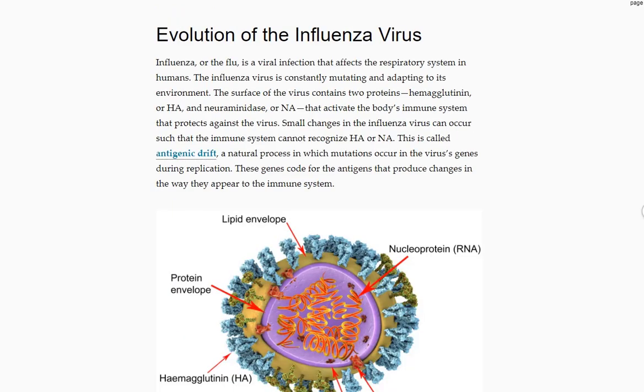Okay, so we're going to look at the influenza virus and what happens with flu. Flu mutates all the time. All the time. If you're a person who gets flu shots, every year they say you have to get a flu shot. That's because it is constantly changing. It's constantly evolving. There's a new flu strain every year or two where the vaccine for the flu has to be updated and changed all the time to work.